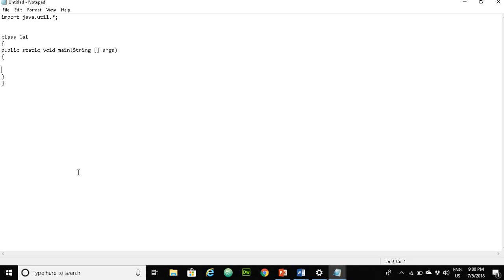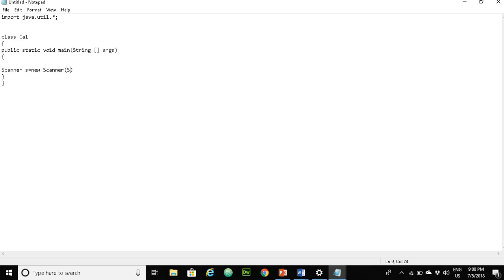Inside, as we are going to take the input from the user, we have to write Scanner, the Scanner that we imported from another class. We now write Scanner s is equal to new Scanner